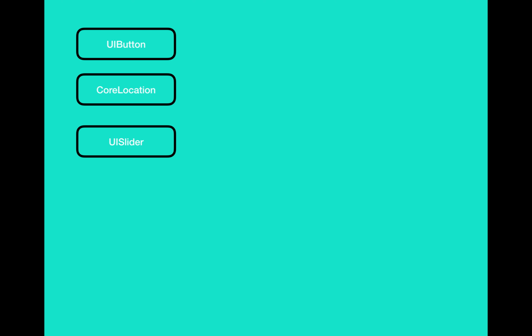For example, the code for UIButton, Core Location and UISlider provided by Apple. We will face a problem if we want to pass the data from these controllers to our view controller. For instance, if we take Core Location,